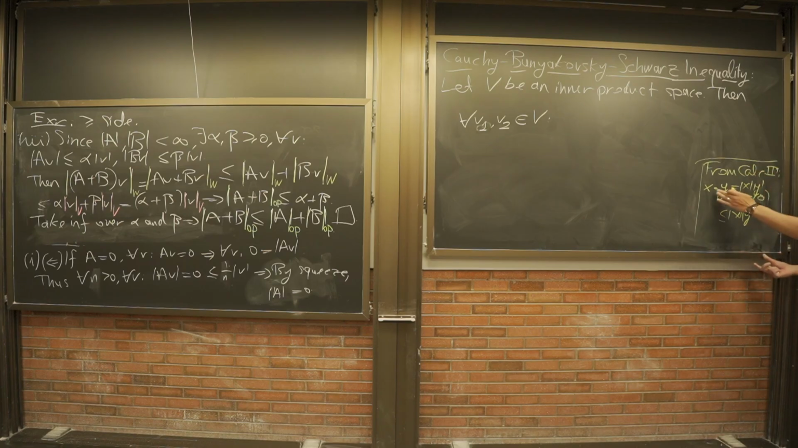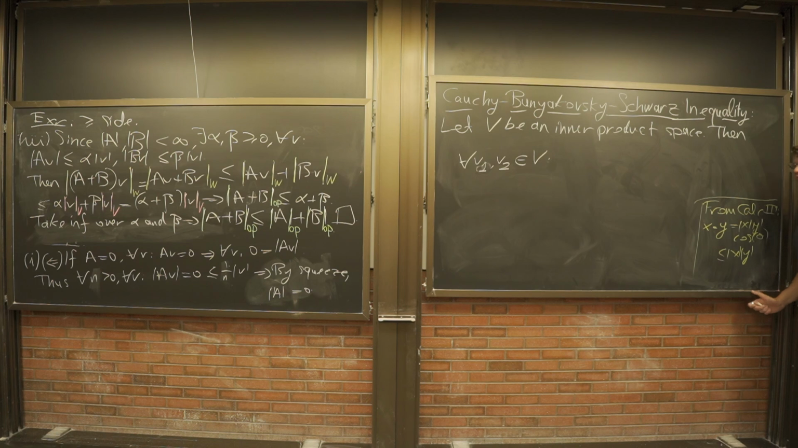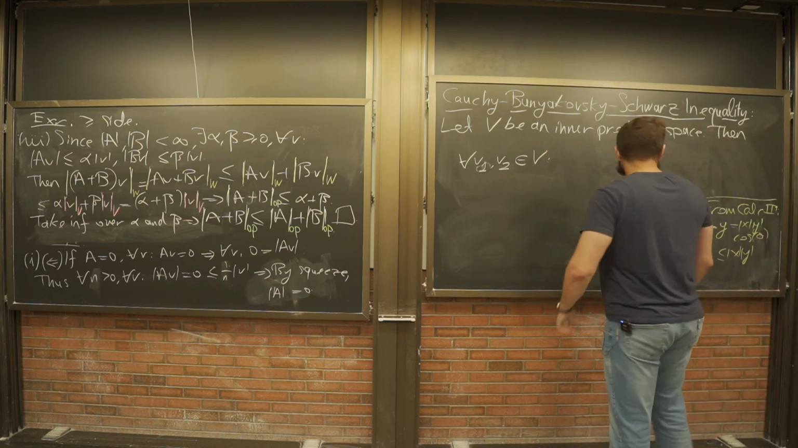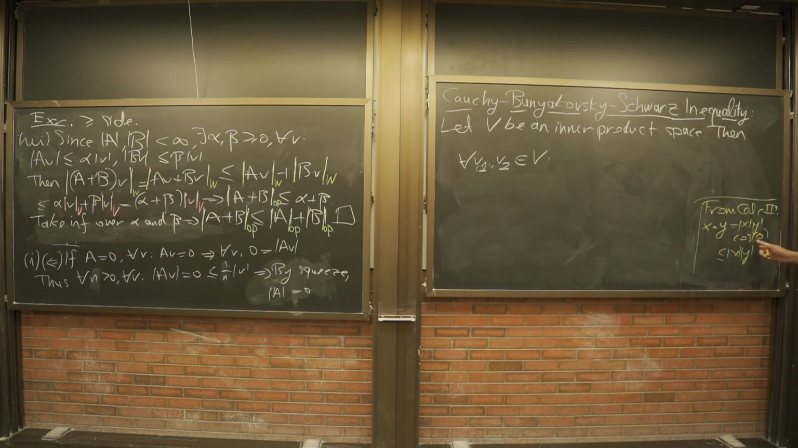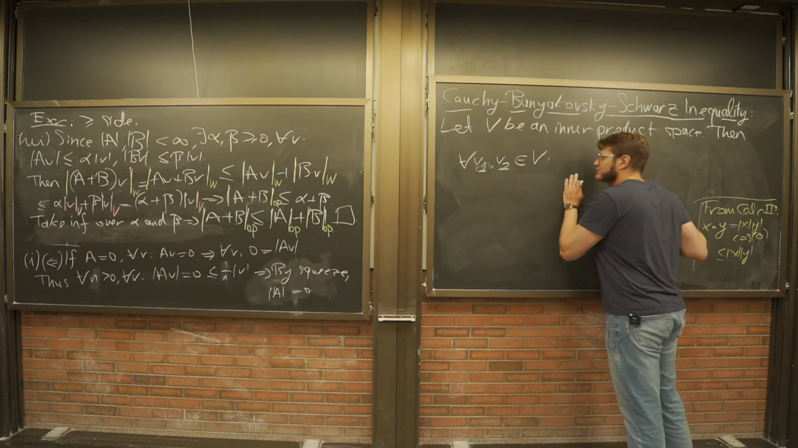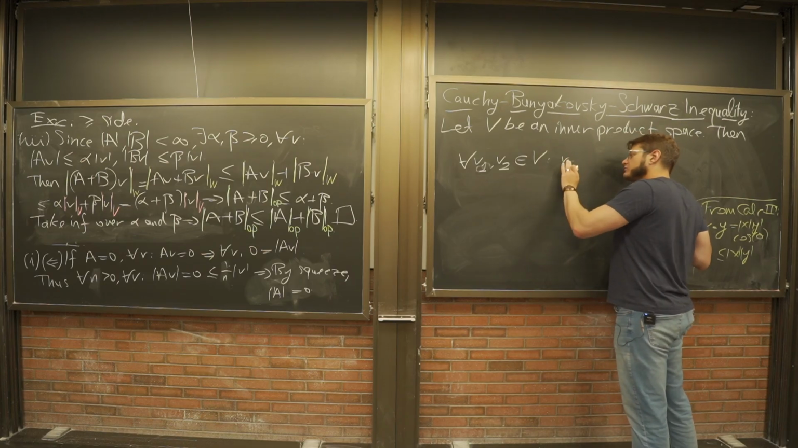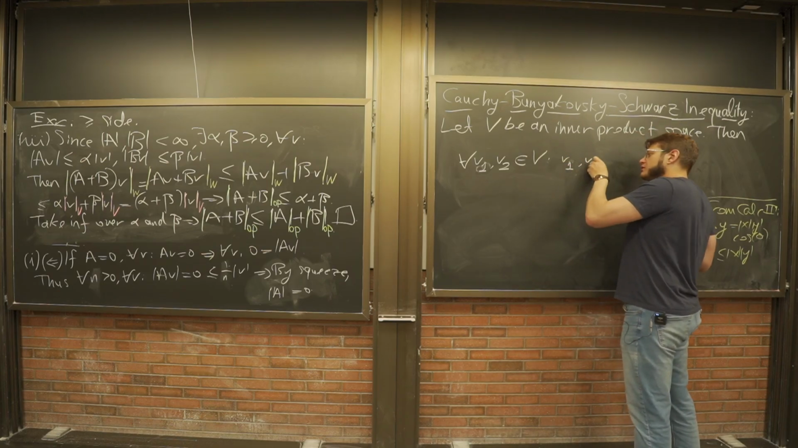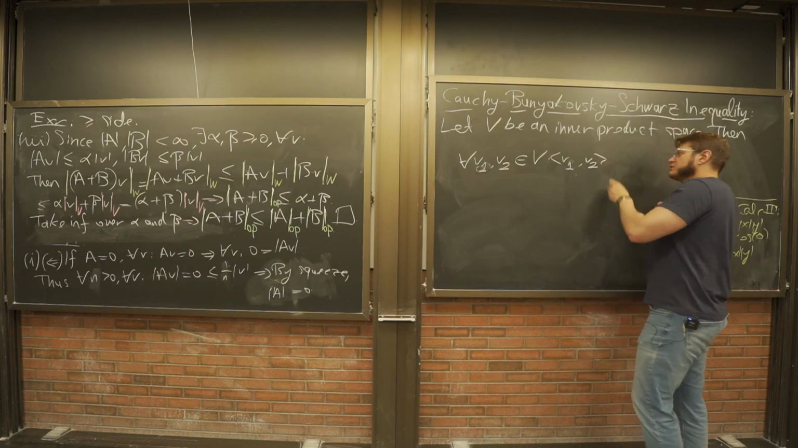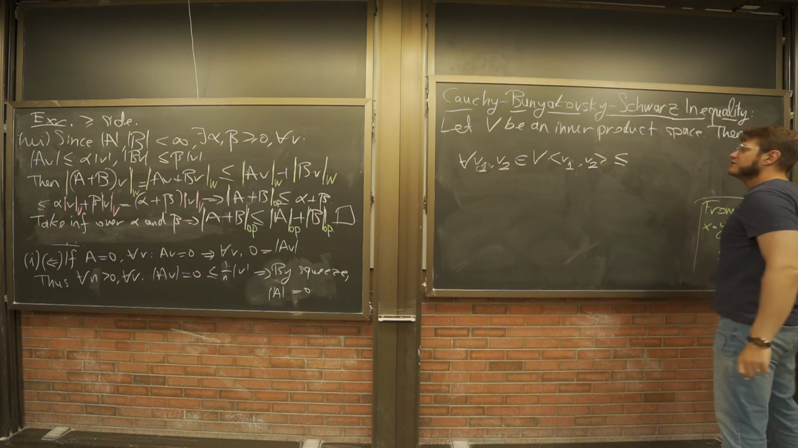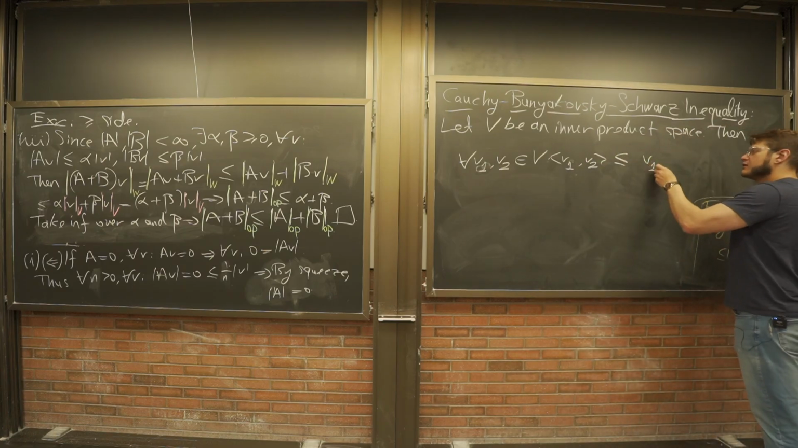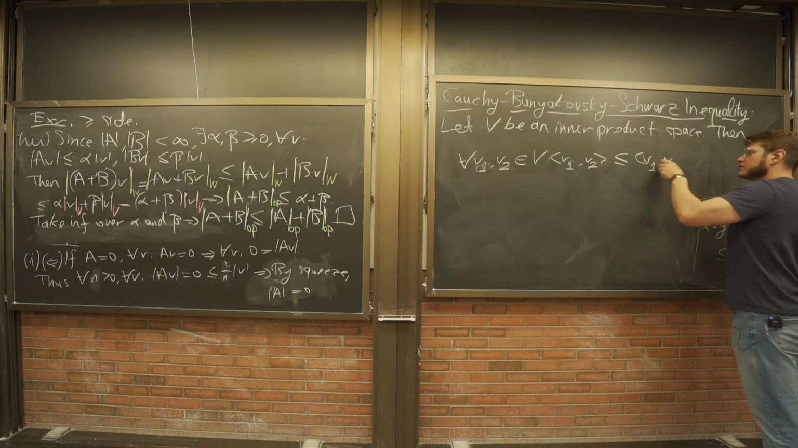In fact, this has nothing to do with this specific dot product. It is true for any inner product whatsoever. We still don't have this angle, but we're going to get there in a second. So the inner product of v1 and v2 is bounded from above by the square root of v1, v1